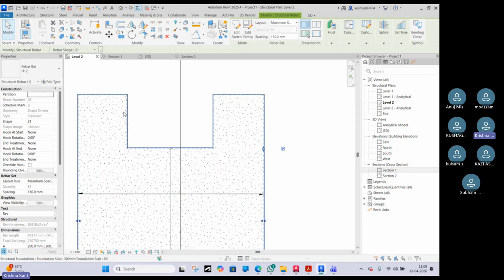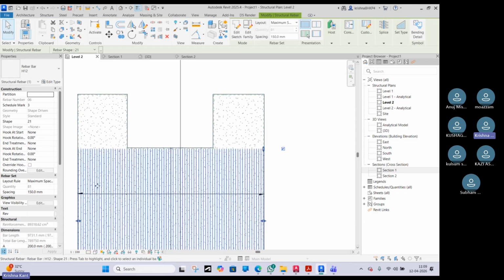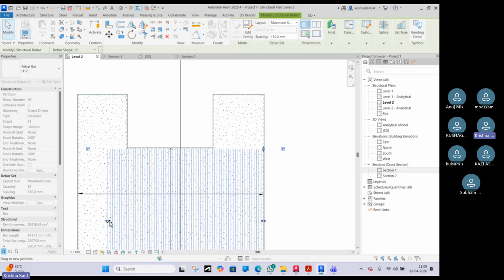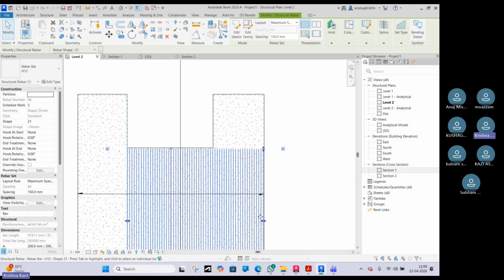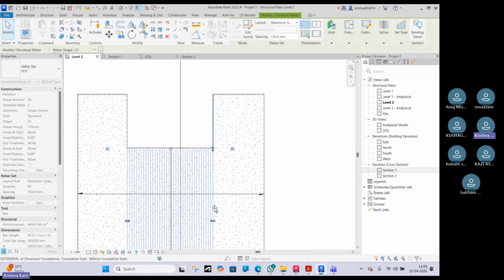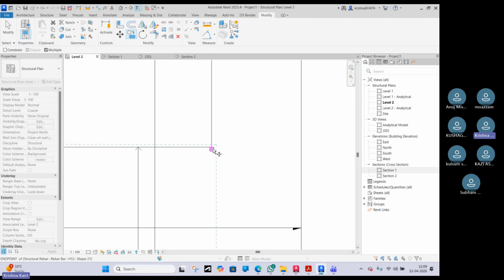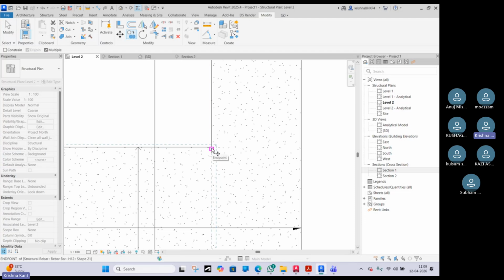Now we have certain area space left. So what we can do over here, we can bring the first reinforcement inside this area only. Okay. What we can do now, we can copy this whole groove, because it's having the spacing of